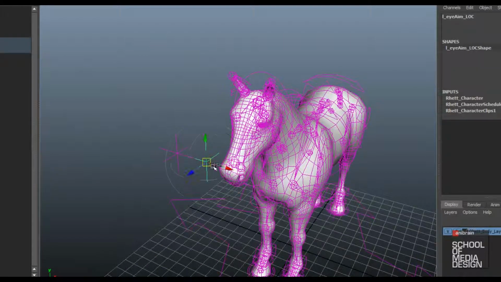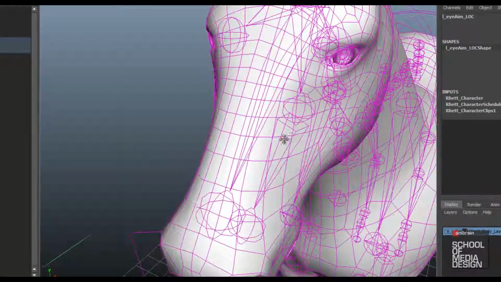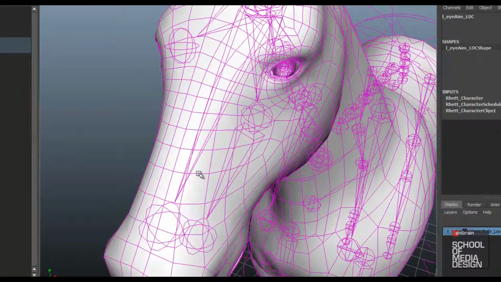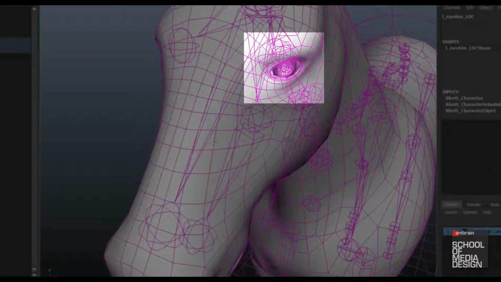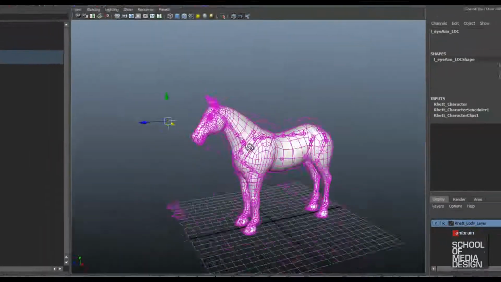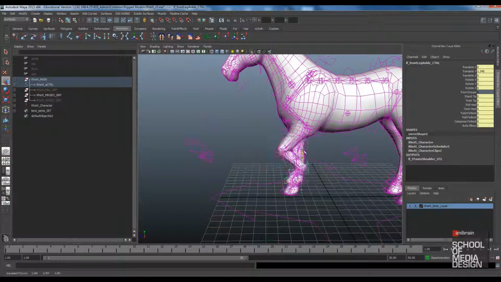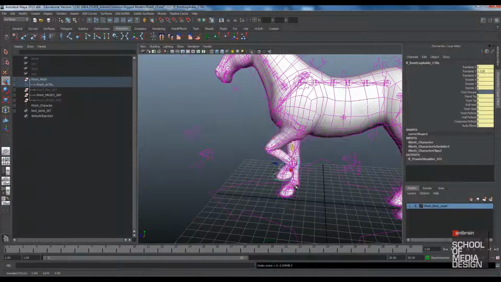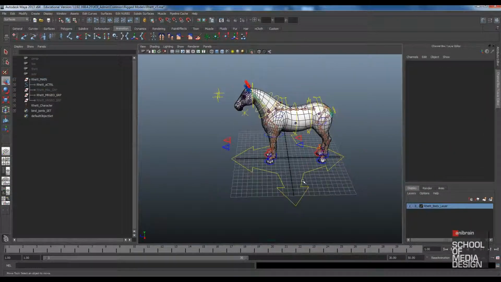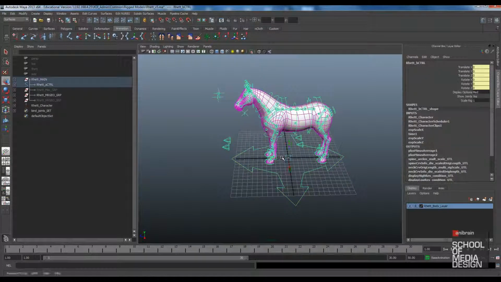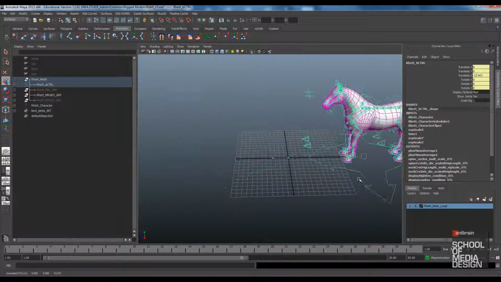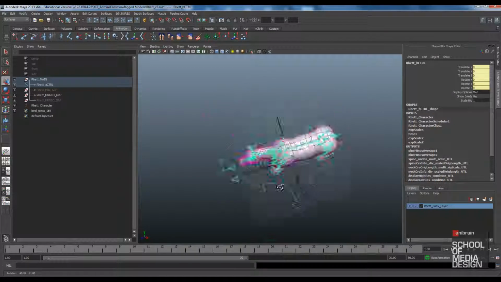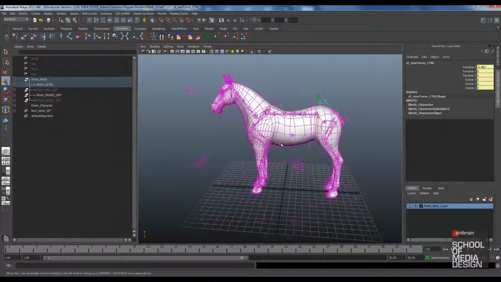These locators are there for the movement of the eyes. Here you can see that as soon as I move the locator, the eyes are also moving. Same thing for the leg. As soon as I move the controller, you can see that the leg is moving, and this portion also has some movement. We'll bring it to default. Here, this one is the global controller. It will move the whole mesh and also the overall rig of the particular geometry. So this is how the quadruped rig is made.